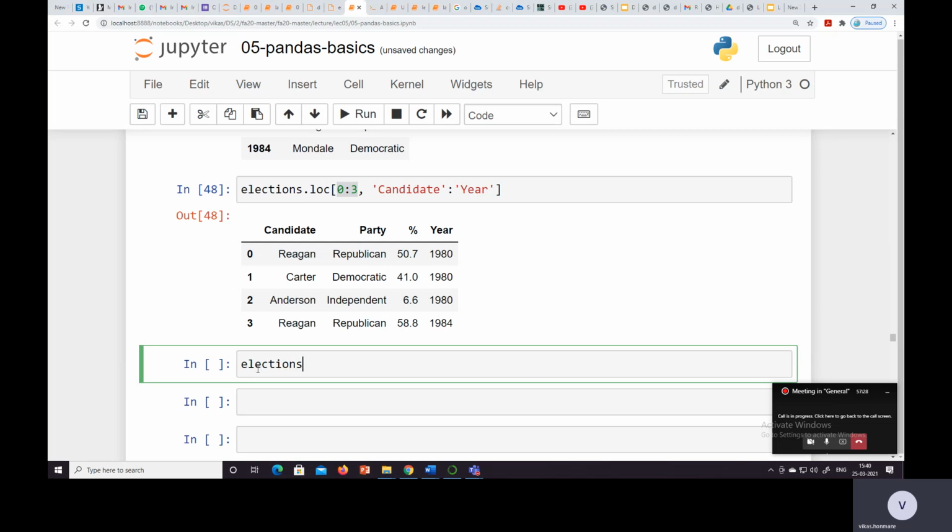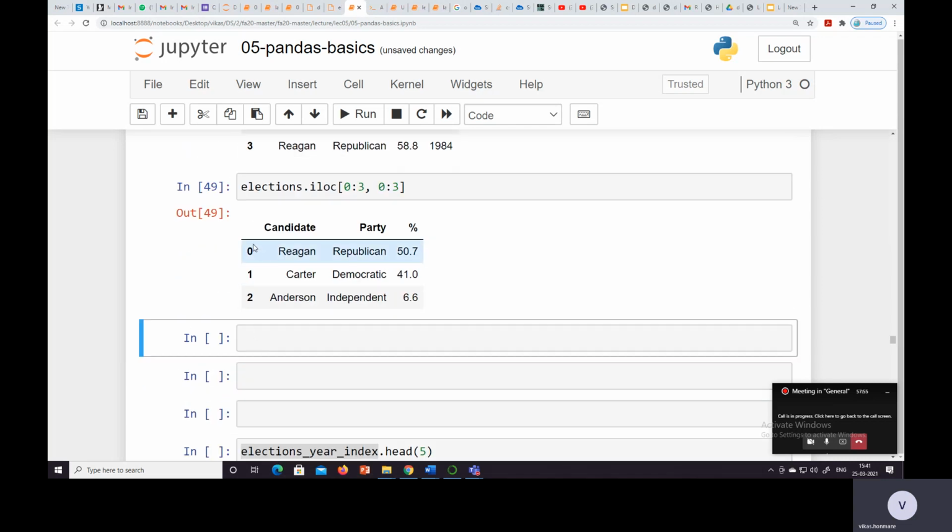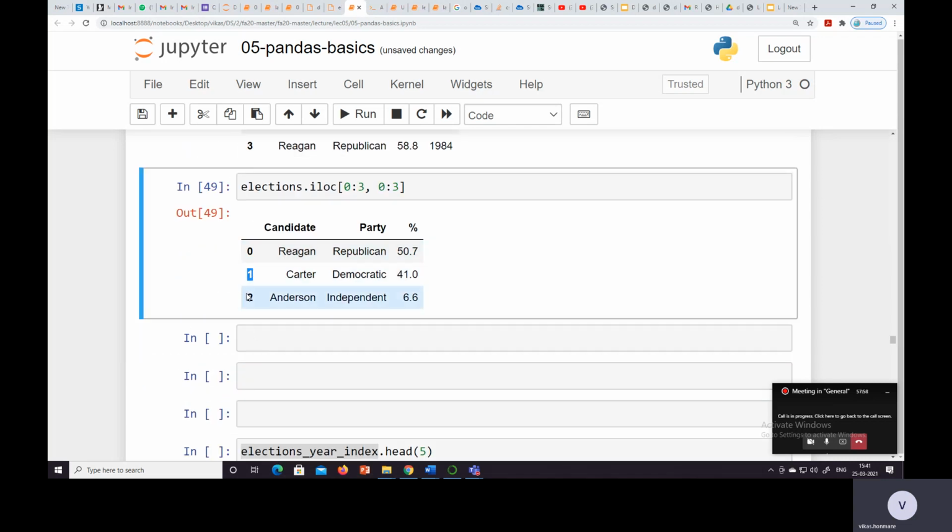Elections dot iloc will exclude the last row, because it will display 0, 1, 2, as it is exclusive. So see here, the result is rows 0, 1 and 2, and we have the zeroth column, first column and second column.